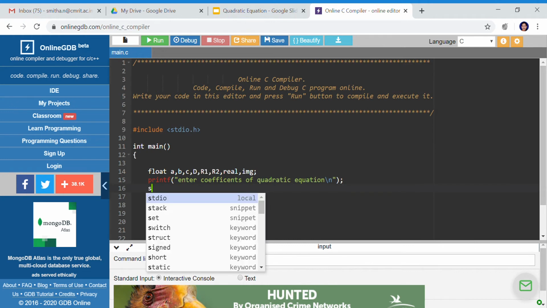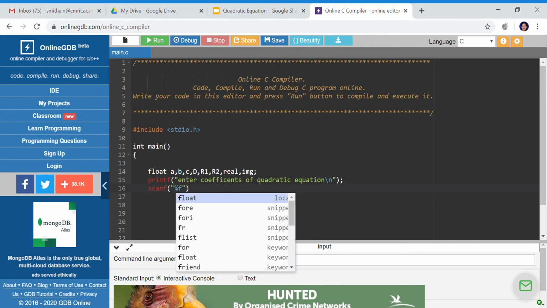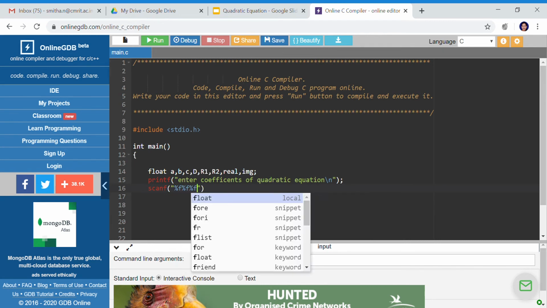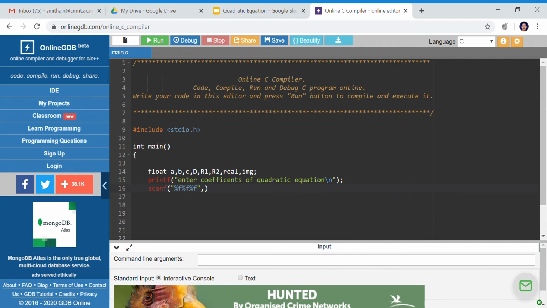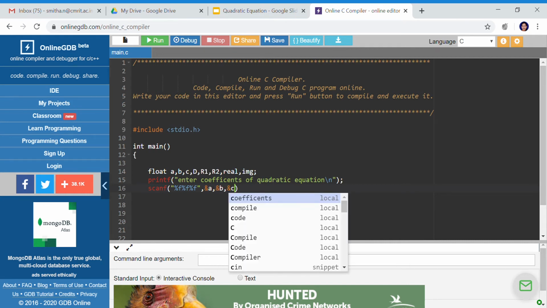Then once the user enters, I'll scan it using scanf. I have three coefficients which are floating point, so I'll use %f three times because I'm reading three numbers, and I'll store them in the address of a, address of b, and address of c.